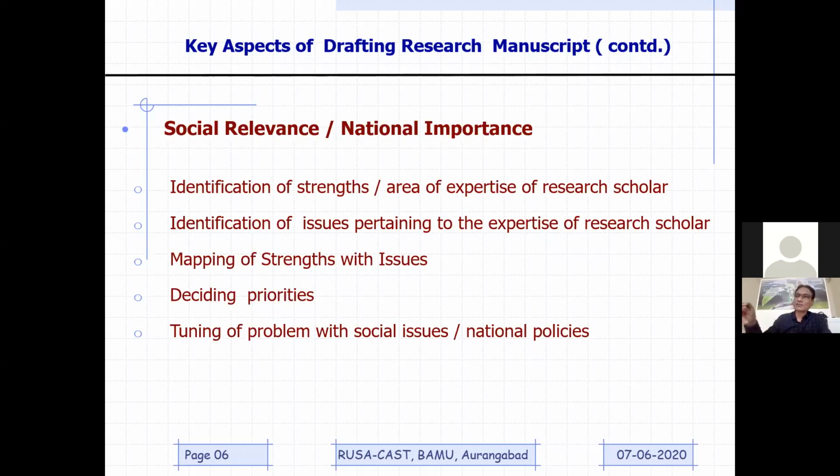क्योंकि problem solve करना जरूरी है, लेकिन मेरा अगर expertise उस area में नहीं है, so even if it is needed, but I don't have that expertise, so it doesn't make any sense. Therefore, the first point that should be taken care of is area of expertise. क्या आपके पास वो strength है, क्या आपके पास वो capabilities है कि वो problem आप resolve कर पाए. So that should be your first priority.